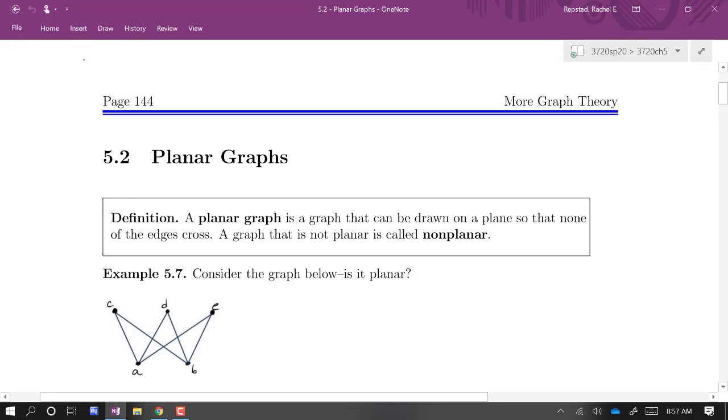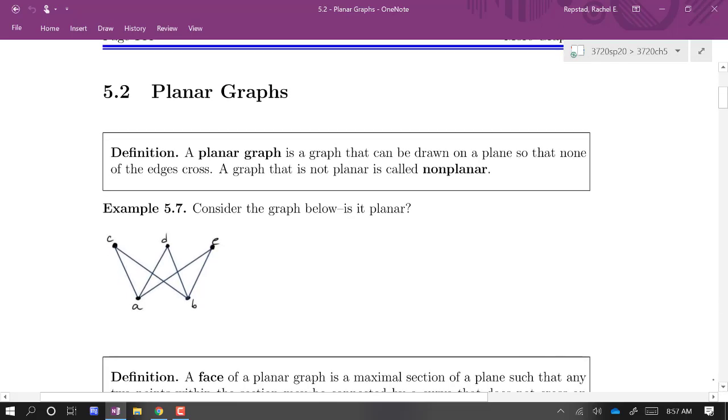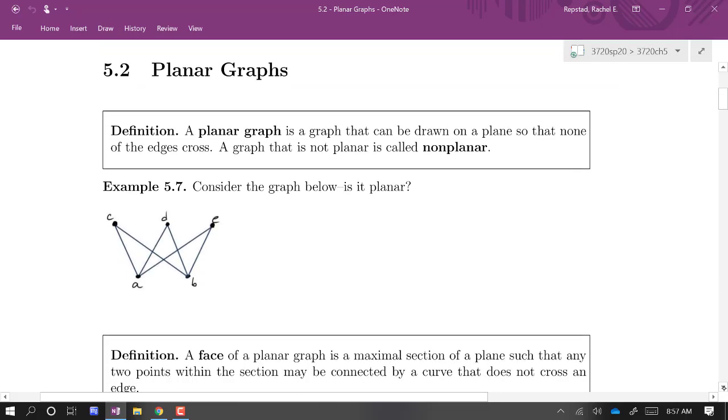All right, in this section we're going to learn about planar graphs, and a graph that is planar is one that can be drawn so that no edges cross. So it doesn't mean that it is only drawn in that way. Like here we have a graph where certainly we could see some edges crossing. But if we just sort of redraw these edges,